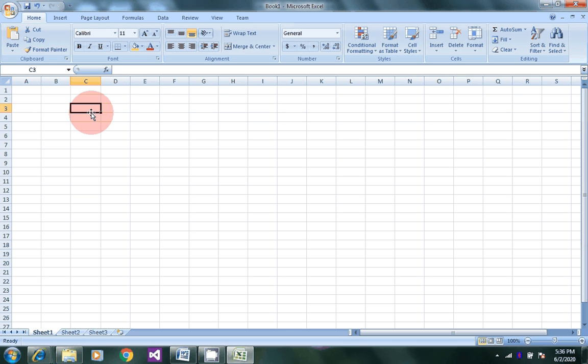It means if you type here, suppose, roll number, the distance between your data and the border, this white space which you adjust, is called the cell padding.